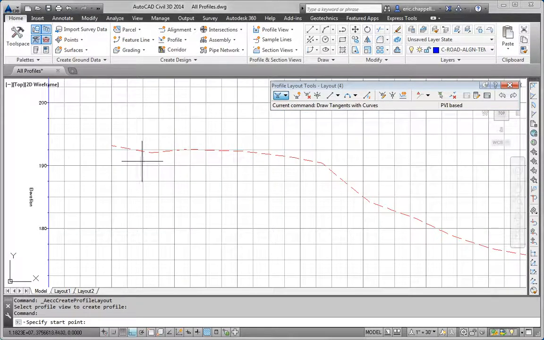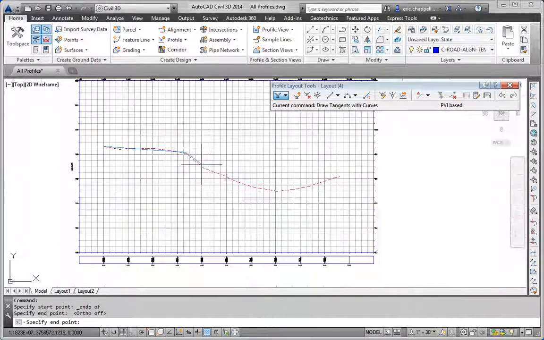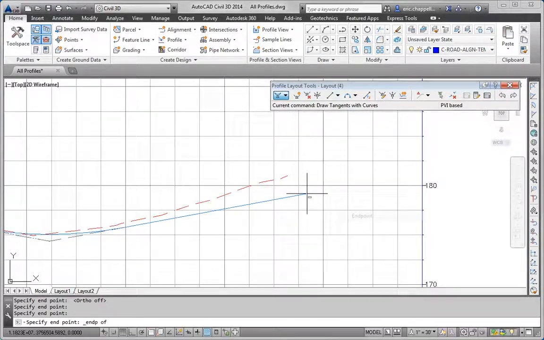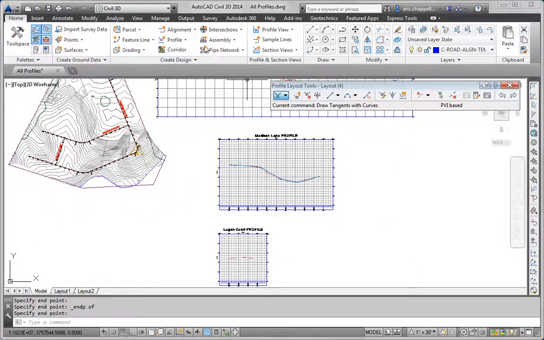I'm going to snap to the beginning of the existing ground profile to start, and the instructions say, and this is typically how you go about designing these, try to keep it as close to existing ground as possible so that you're not cutting or filling too much and really driving up the cost of constructing this road. I'll repeat the command for